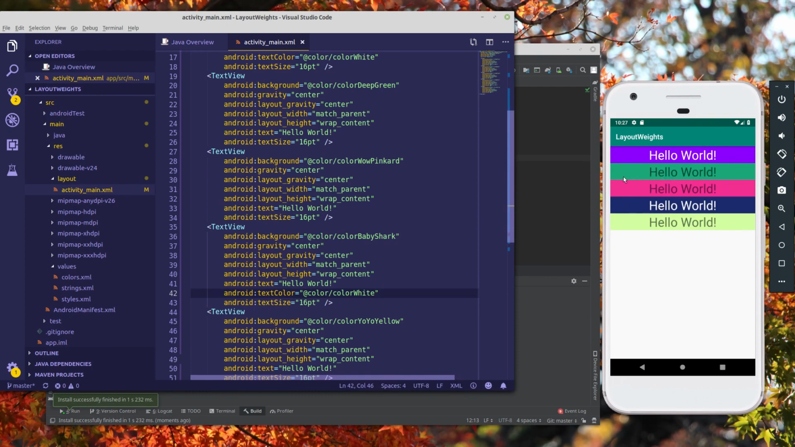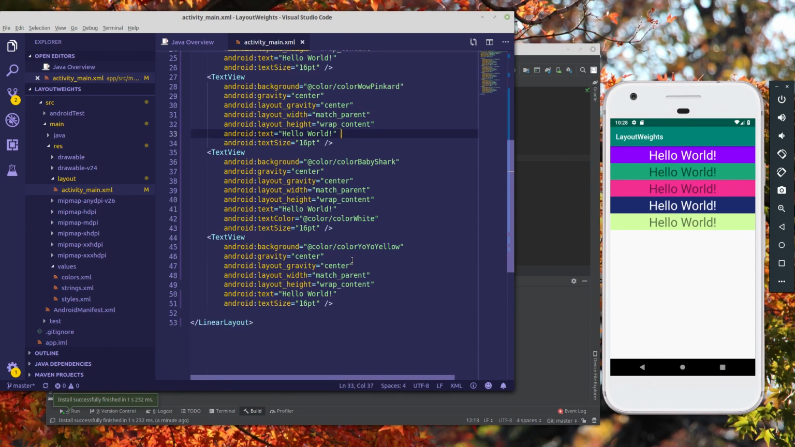I'm going to show you how layout weight works. So you see how the rest of the app is blank? There's just this white background. So this is the remaining space that we have. Now, the way weighted layouts work is when you set a weight for a layout, it uses the remainder of that space. So for example, let's say we go to our last one, yo-yo yellow,